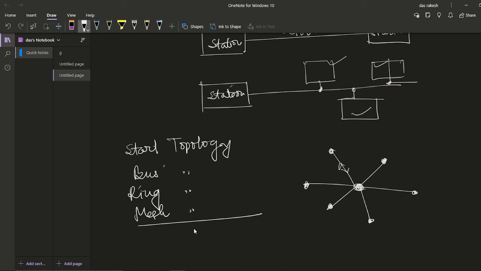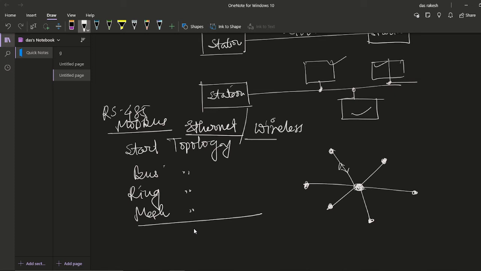This link of communication can be possible both with wired communication and wireless communication. Through wire communication, like RS485 or Modbus communication or Ethernet communication, also known as Ethernet. We discuss about that in the next lecture. And wireless link is also possible for the star communication facilities. The star communication is just a physical connection between the two nodes. And this main central node is also called the hub.